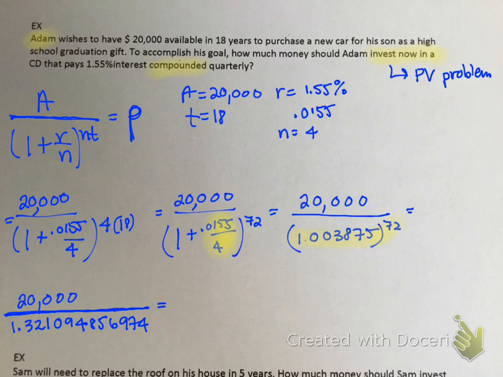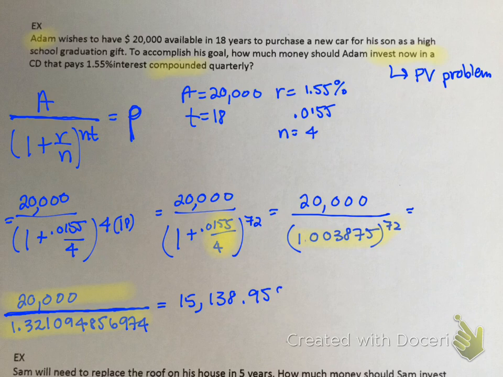So at this point, if you have a key on your calculator that says answer, that will store that 1.3210948566974. If you don't, you have to be very, very careful. On your calculator, you are going to clear everything out, and you're going to type in 20,000 divided by 1.3210948566974. If you have an answer key, what you can do is take 20,000 divided by and click on the answer key. And that'll give you the value of $15,138